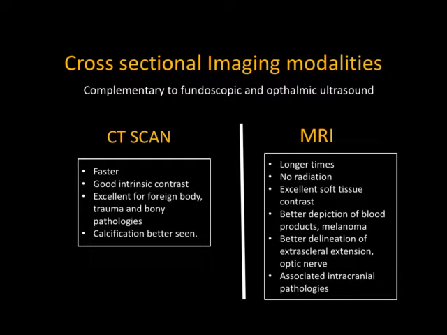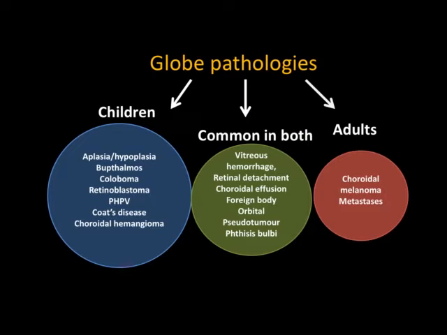Okay, now coming to the imaging of the orbit, MR is the best modality, but there are certain exceptions. For example, if there's a foreign body, then CT is better. To look for calcification, CT has to be done, and also to look at the bony orbital canal for fractures, traumatic injuries, or to look for polyps, mucoceles, or any paranasal sinus pathologies, CT is better. Now we'll see pathologies according to the compartment of the orbit. Okay, so we start with the globe pathologies.